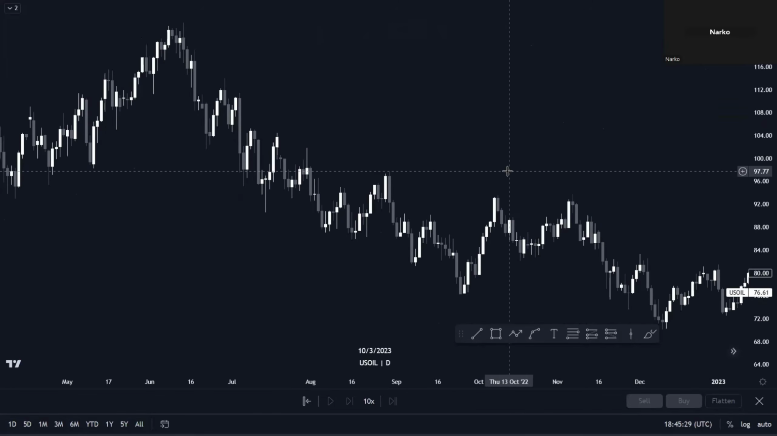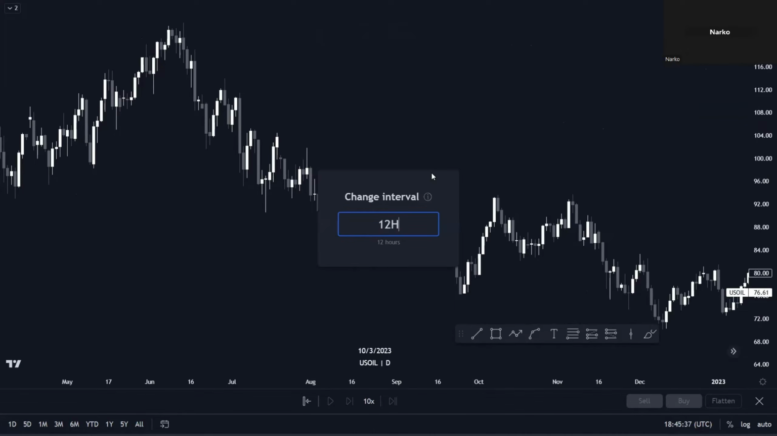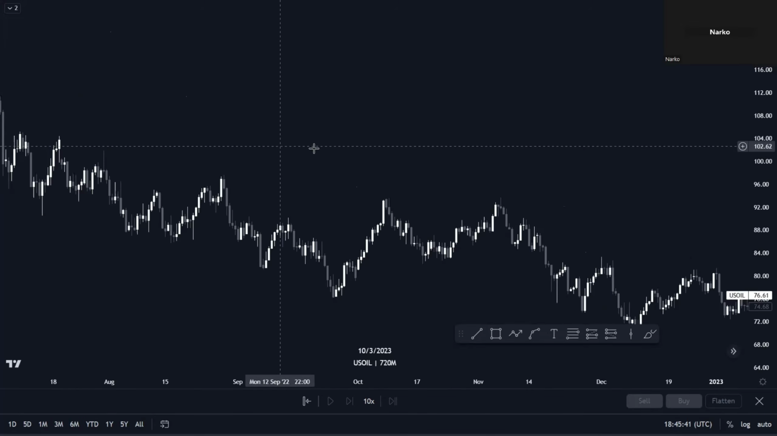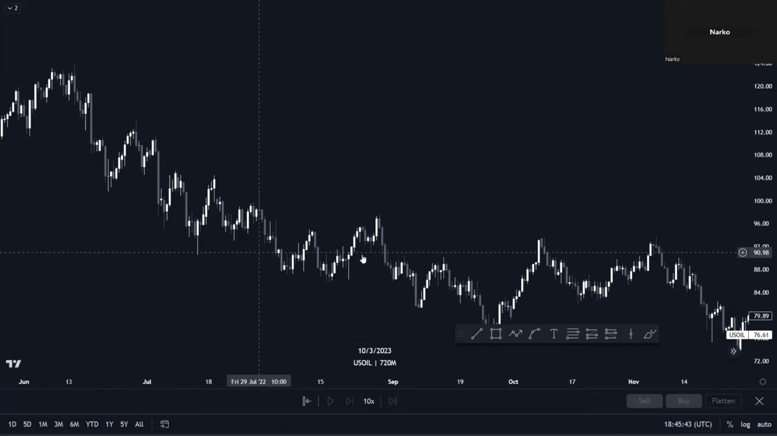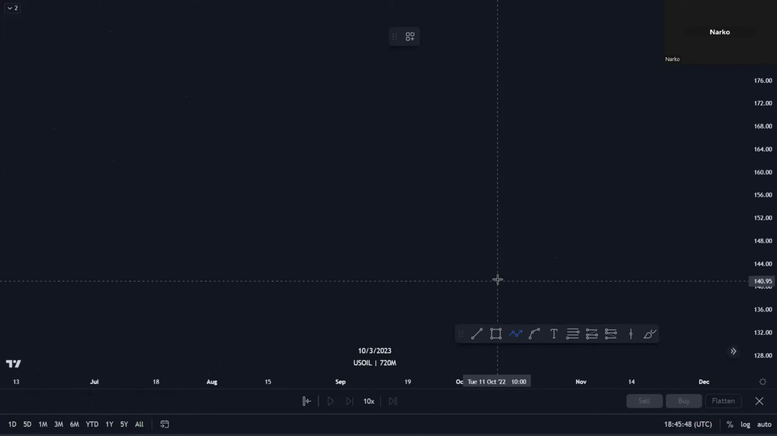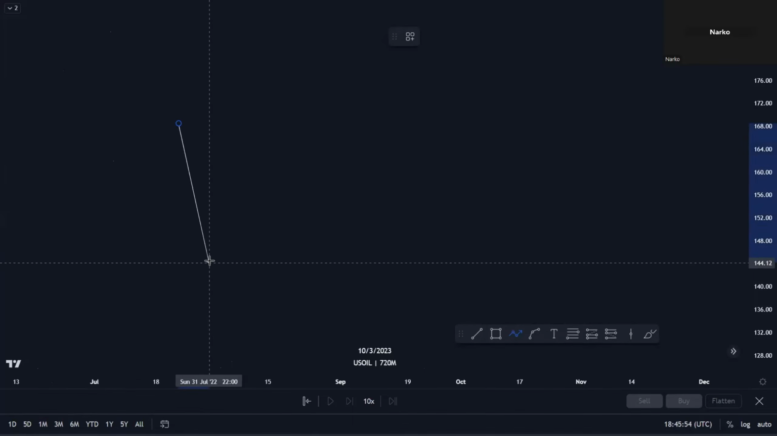Okay. So here we have US oil on the daily time frame. Let me just move to the 12-hour time frame. So before we start with the real market example, I'd like us to start with the textbook example. For the bearish example, we're looking forward to